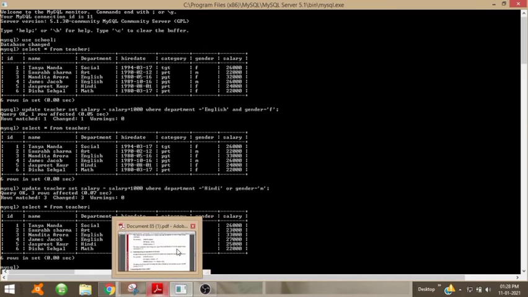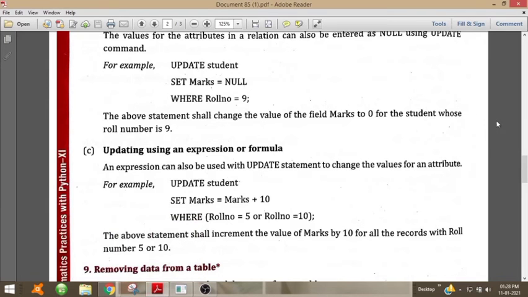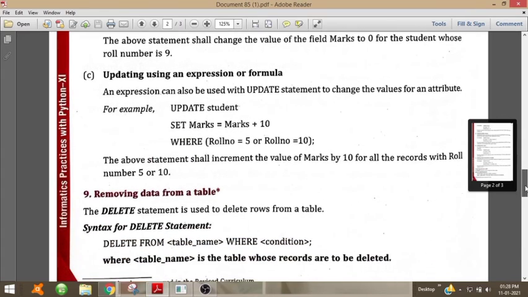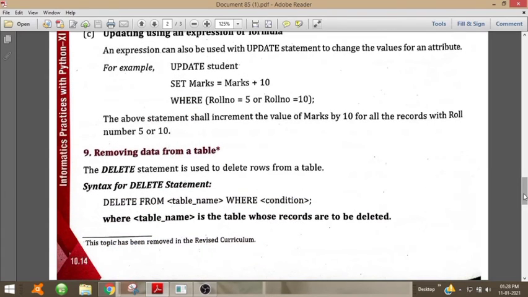Now children, next is to delete. The delete statement is used to delete rows from a table. The syntax is delete from table name where condition. So how will we write that?